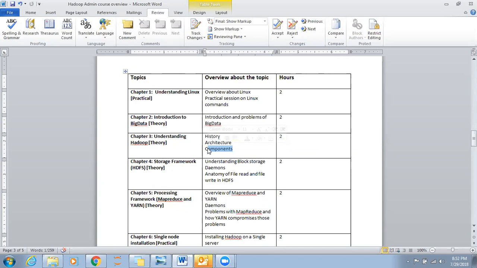Okay, fine. So that is the importance of Hadoop. We have covered the history, we understand the architecture, and then components. So hope you guys are clear till this point. Okay, so hope everybody is clear. Next,